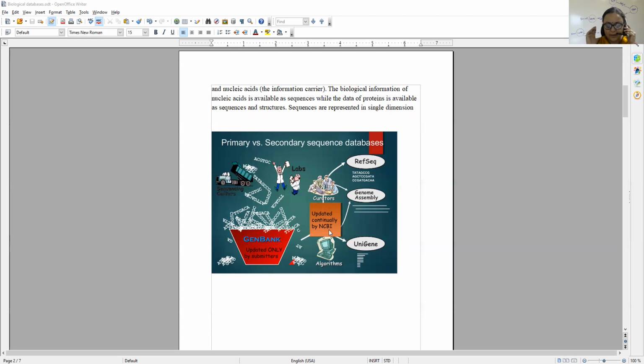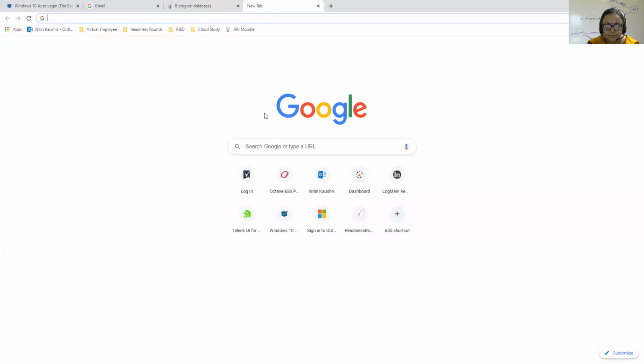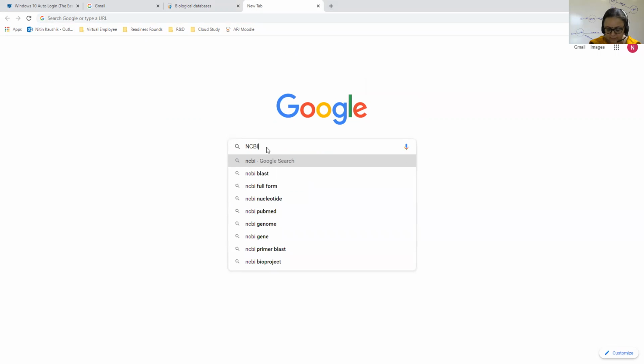Now we will open the NCBI homepage. NCBI is the National Center for Biotechnology Information, by which we can retrieve different kinds of information, like genes as well as proteins.